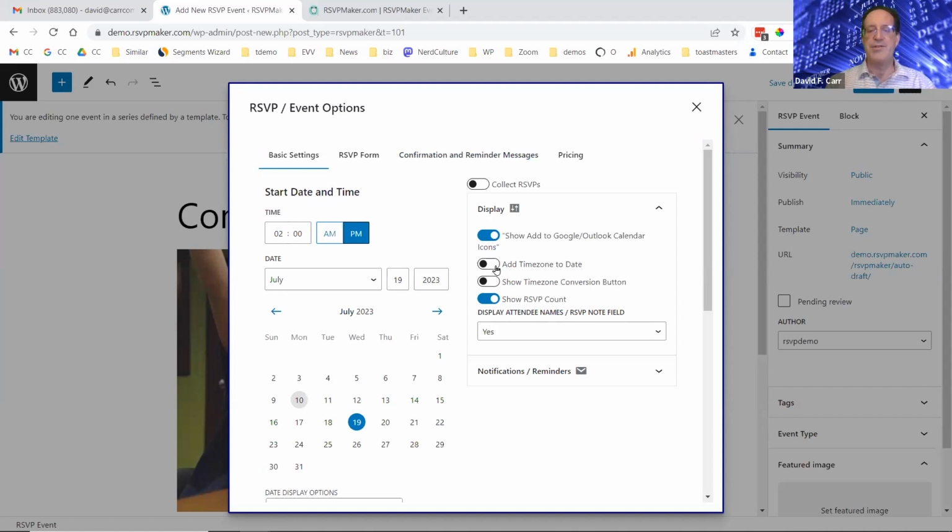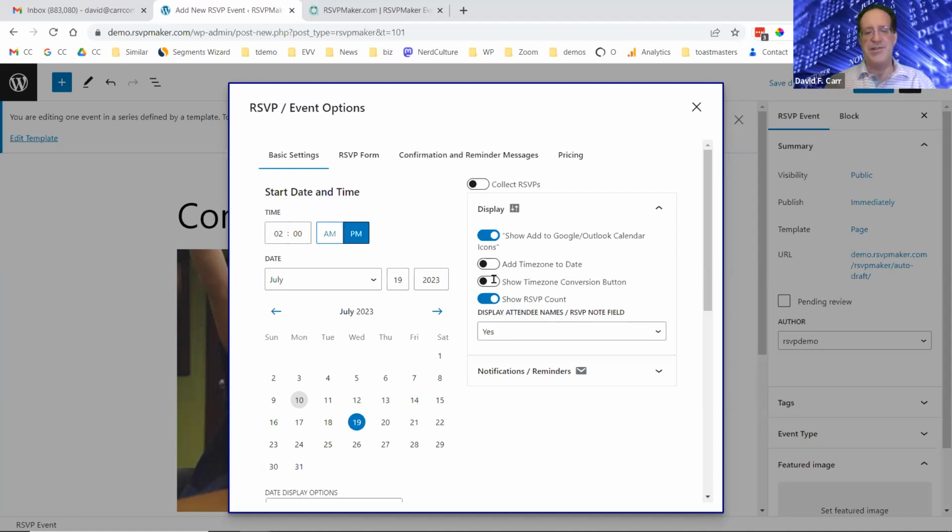When you are doing something that's an online event, it's a good idea to display the time zone. And also there's a time zone conversion function. Another thing that I put a lot of work into. So if the time zone conversion function is turned on, and somebody views a New York or a Florida event and they're actually based in the UK, it's immediately going to pop up what the translation would be into London time.